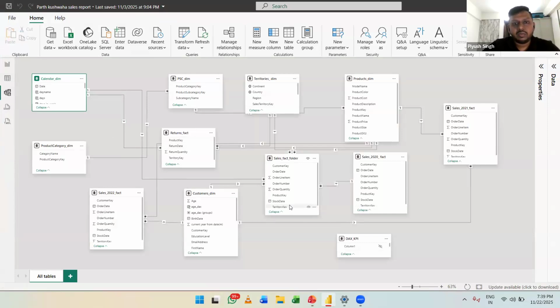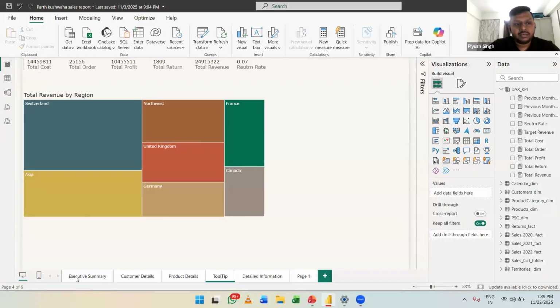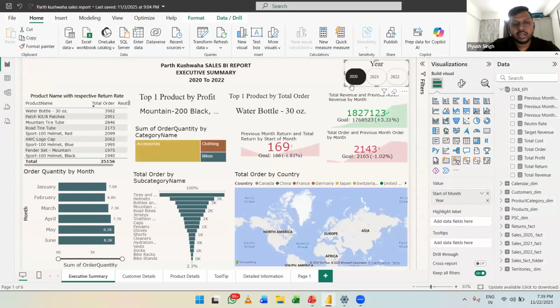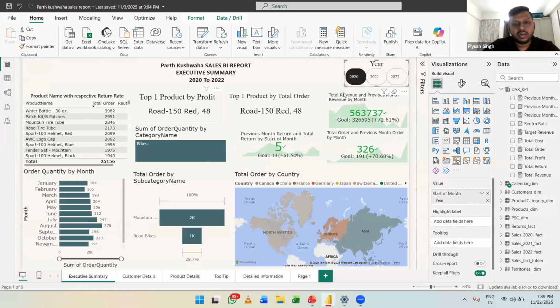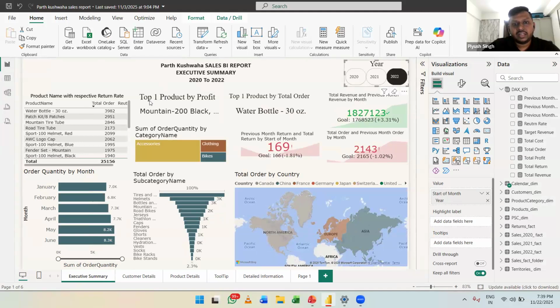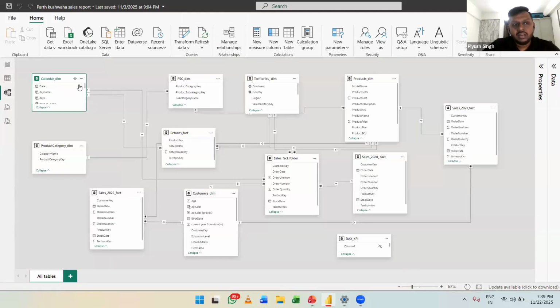But once I'm done with that, what next? I need to make some meaningful insight out of it. When I am switching from one year to another, at 2020, I'm getting some data. When I click on 2021, the data changes. On 22, the data changes. How is this happening? This is happening because this calendar table is filtering something. It is connected with these multiple tables.